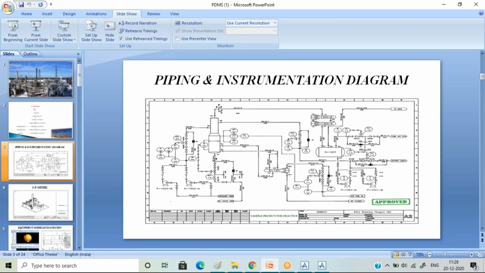In this entire small project, you're seeing that there's one column, a few exchangers, a few horizontal equipments, horizontal vessels, and a few pumps. You'll be having different types of pumps. By different types, I mean, you must be knowing, top suction end discharge, or end suction top discharge, top suction. These are a few types of pumps that will be covered. And obviously your utility has to be shared,